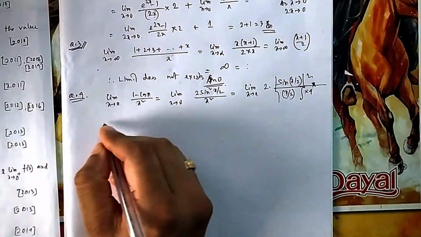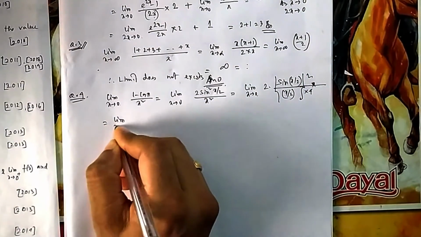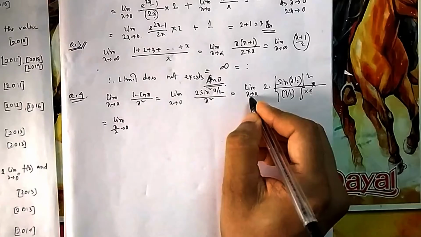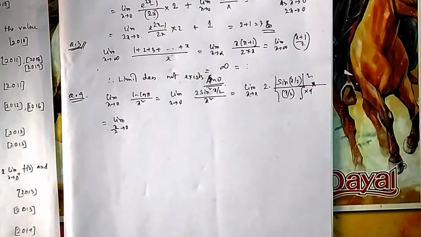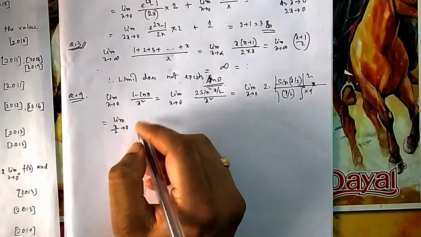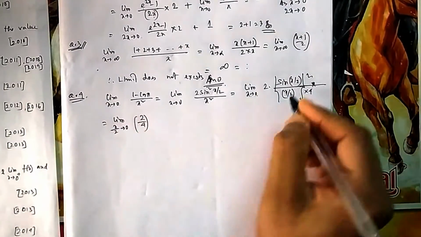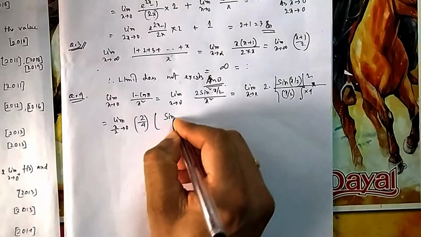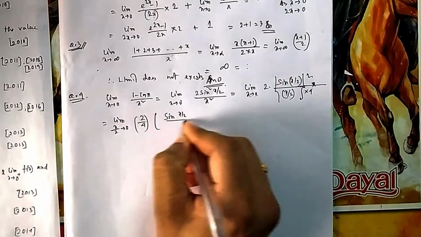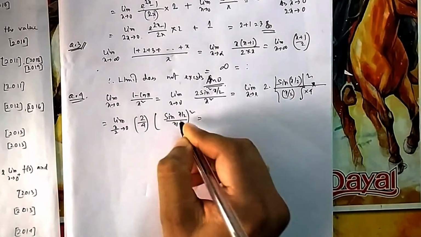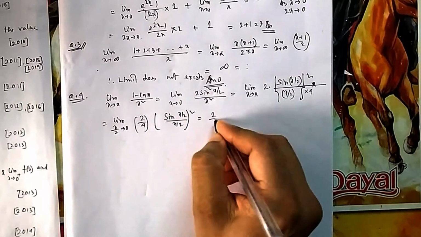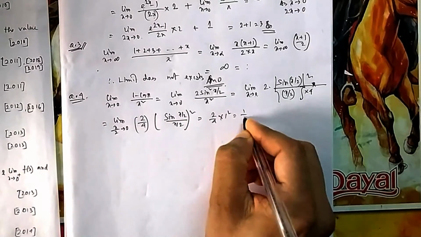So these will become a formula. And you can also change this limit. I am showing it every time, it is not required. If x tends to 0 then x by 2 also tends to 0. So therefore it will be 2 by 4, then sin x by 2 divided by x by 2 whole square. So this will become 1. So it is 2 by 4 into 1 square, that is half is the answer.